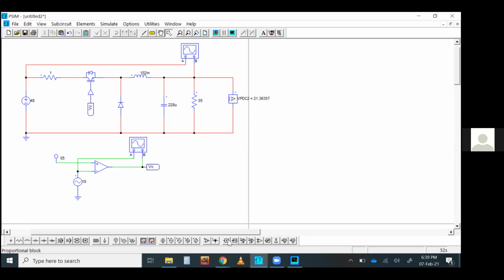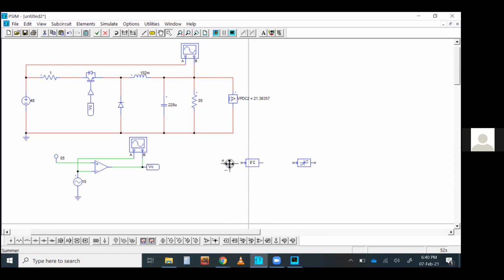You can see you got some control elements: proportional block, PI block, summer block, and the limiter. These are a few blocks you might need. Maybe we're using the PI block, that's why the K block is not separately required. You can simply use this one.